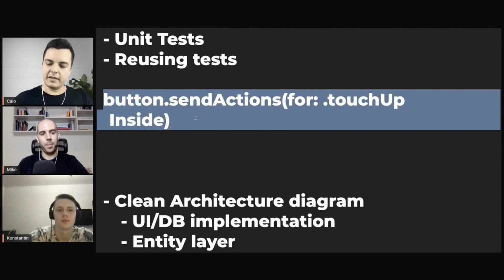So you're testing that tapping the button performs that, not the calling of that method, even though the button will call the method for you. But the button is the public interface. So instead of testing the private implementation of calling the method, you will test through the public interface. You test the behavior through the public interface.